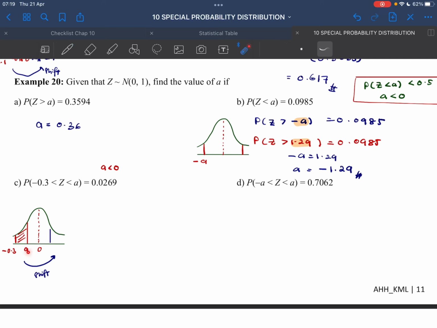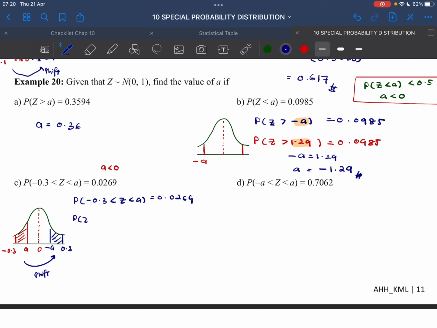A shifted to the right hand side will be negative A. Okay, when we shift, the sign will change. So here is 0.3. Don't be confused why this one is on the right hand side but it is negative. Okay, as I said, the value of A is negative. So when we put negative with negative, this one is supposed to be positive. Okay, so now we have P(negative 0.3 < Z < A) equals 0.0269,